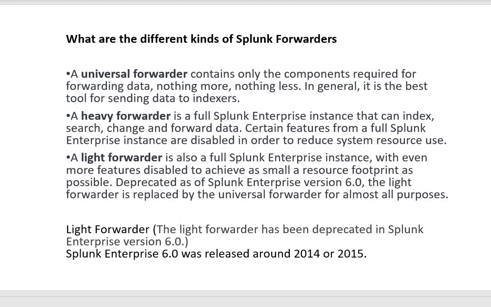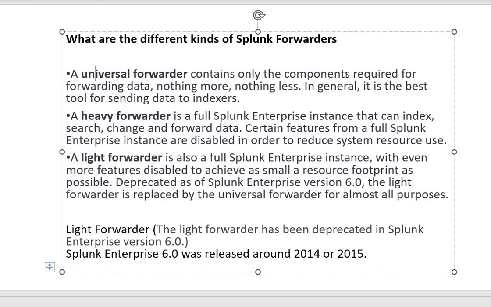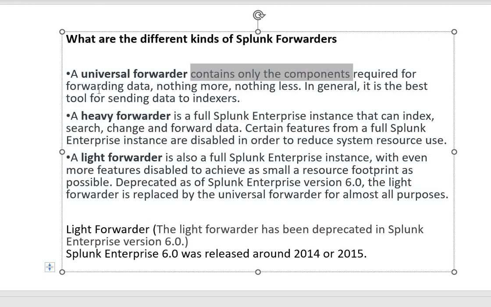Moving to the next question. What are the different kinds of Splunk forwarders? This is another very common question. So we have two kinds of forwarders. The universal forwarder is a small software package that we need to install on application systems, user desktops, servers, firewalls, and databases, from wherever we need to receive logs. We need to install the Universal Forwarder agent, the UF agent, and then we have